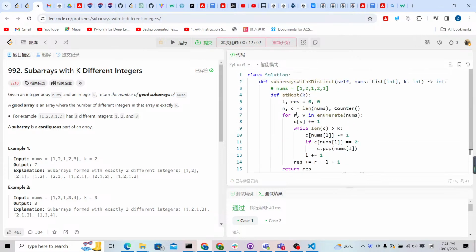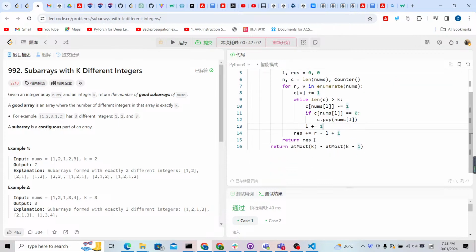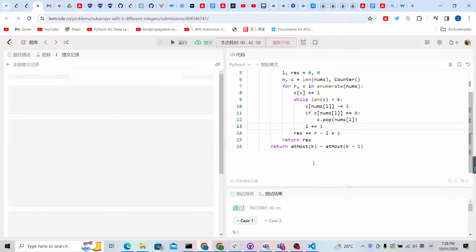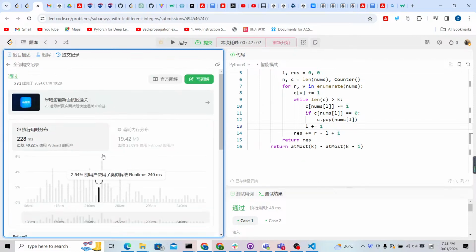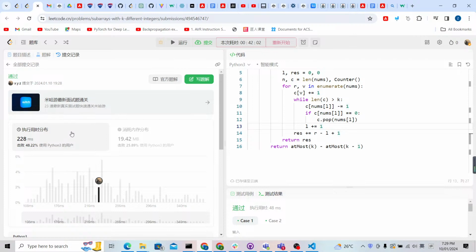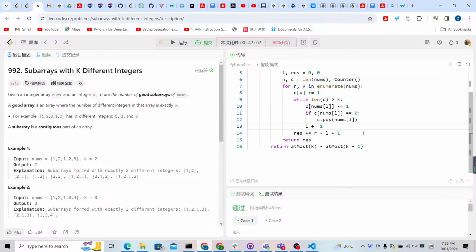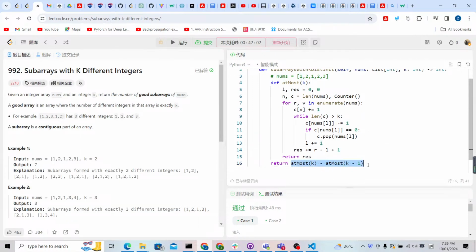As you can see, this is a really hard problem if you solve it directly to calculate K different integers. But if you use another way, you calculate at most K different integers minus at most K minus 1, which gives exactly K different integers, and that's really easy. Now let me submit it and check if it can pass all the test cases. As you can see, it passed all the test cases and it's pretty fast. The time complexity is O(n) because we just use 2 functions of the sliding window, and each sliding window will be just